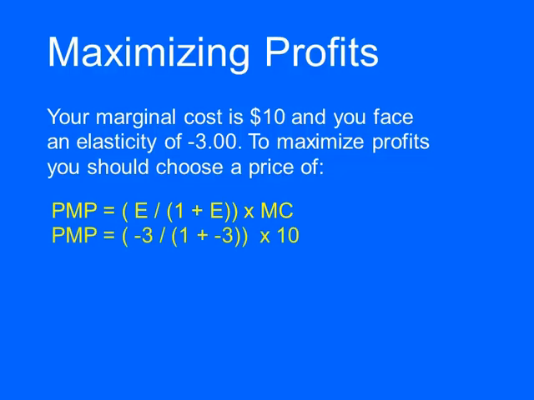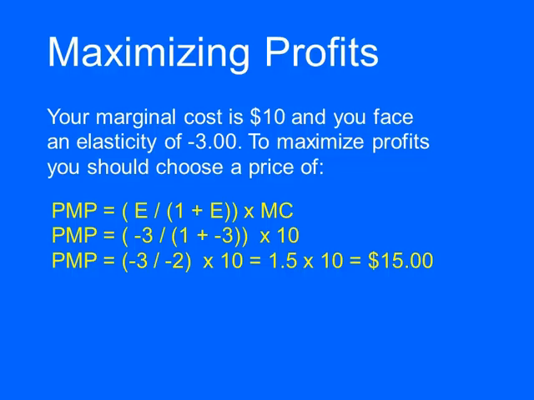We have -3 over 1 plus -3 times 10. Condense that down even further. That fraction now becomes a -3 divided by a -2 times 10. Plug it into any calculator or do it in your head. You have now 1.5 times 10. And again, the magic happens. You know that after you collapse this formula down and simplify it, you have $15 should be your profit maximizing